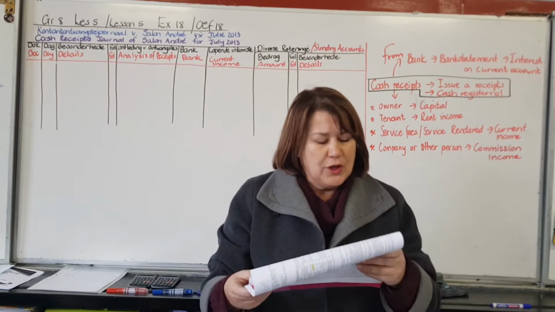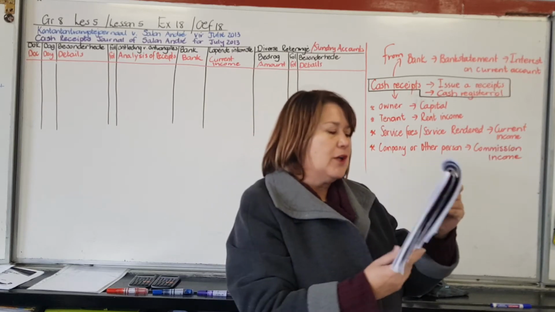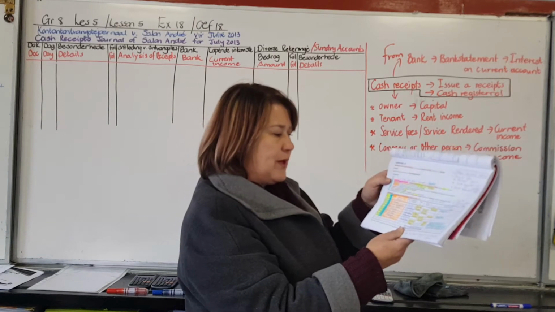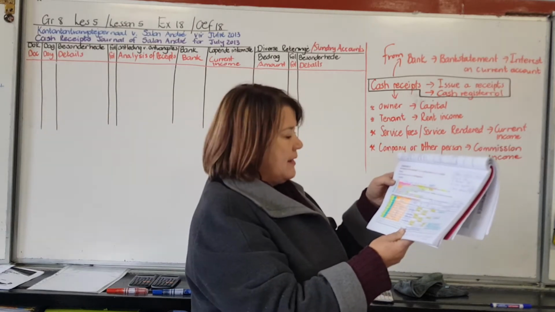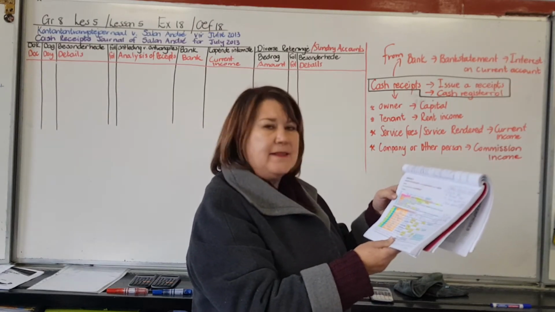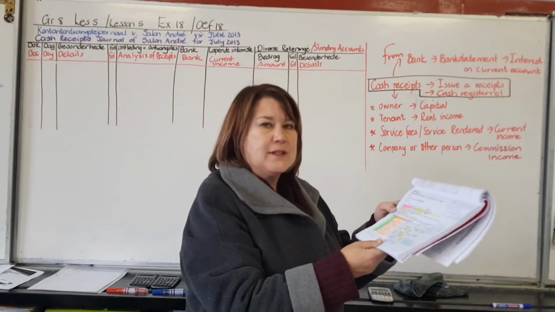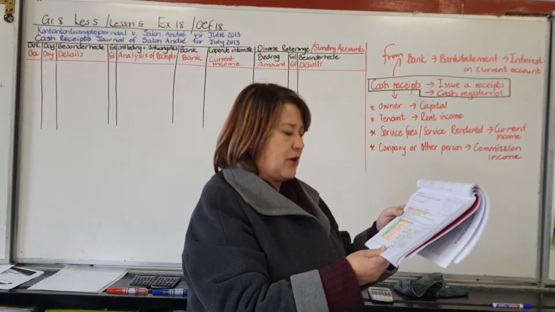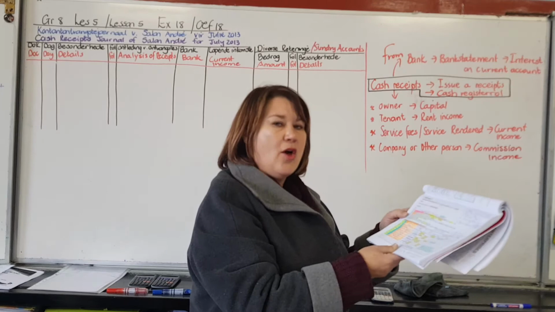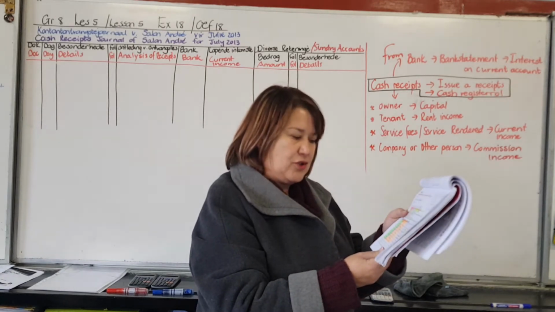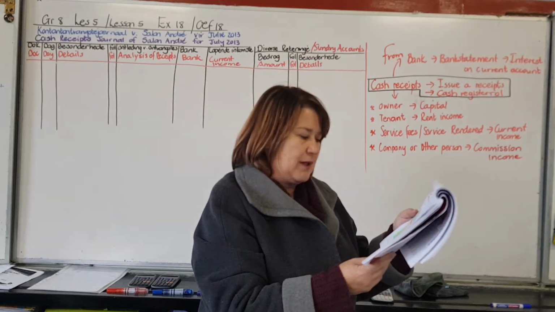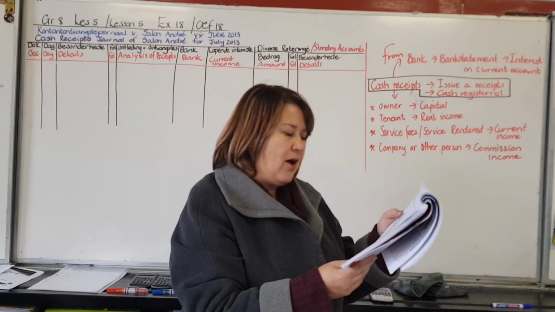All right. So the first transaction, if you look at your transactions, you'll see it's 2013 July, and then it has numbers like 1 and 16. That's the day. On the first day of July, the transaction took place. On the 16th of July, the transaction took place. So the very first one, on the 1st of July, says, A. Maria